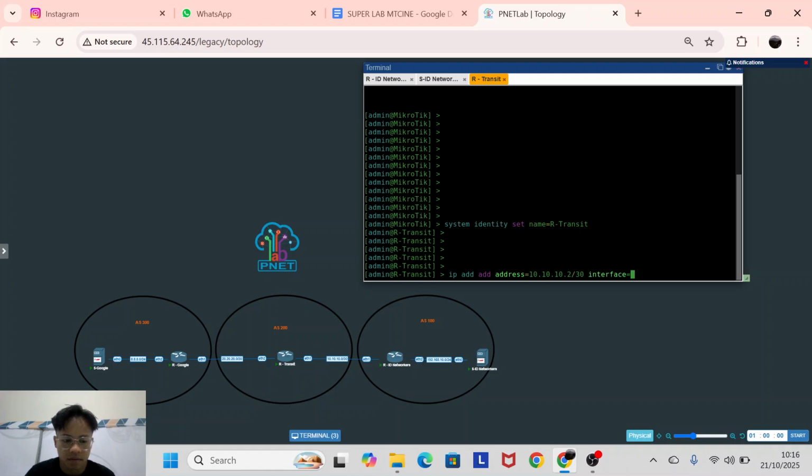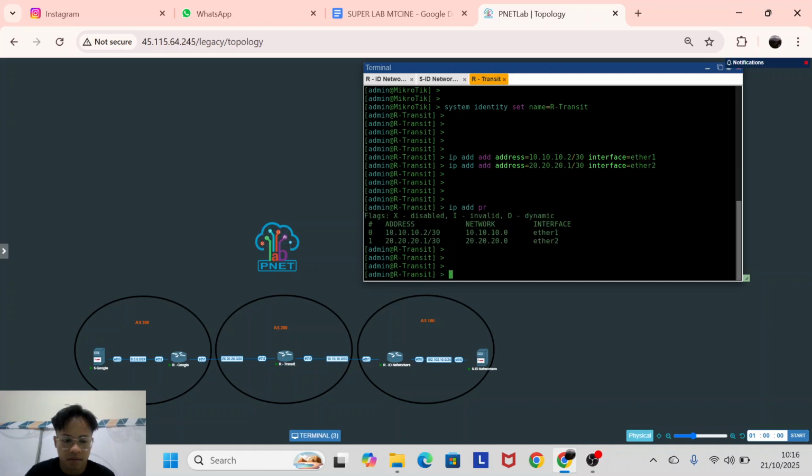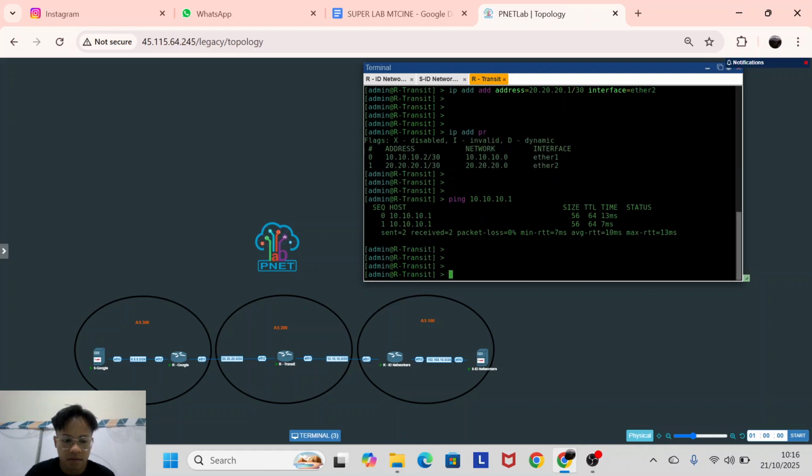For the interface, ether1, and ether2 connects to Google. Here I use 20.20.20.1/30, with interface ether2. We can try to print it now. I think just try to ping IDN. It can. So our transit is connected to router IDN.